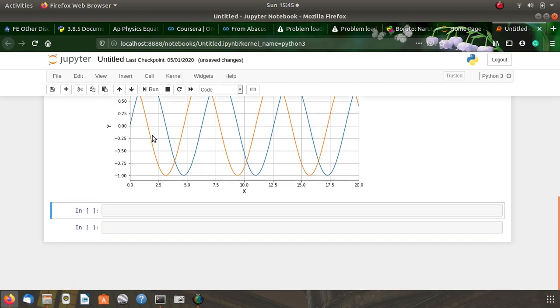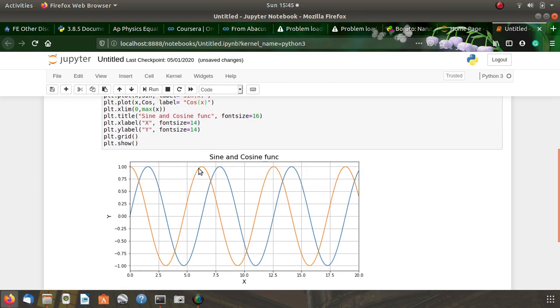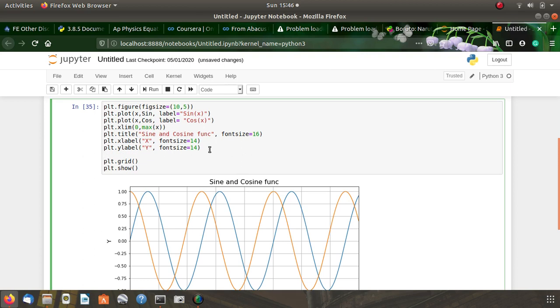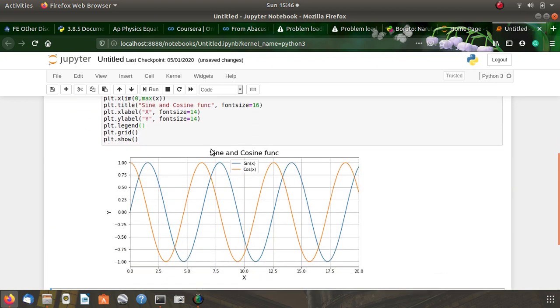Now when we run, oh, it doesn't show. Even though we added the label, it doesn't show, which means it's missing something. Yeah, and it's called legend. So we have to say plt.legend. It's gonna show all the stuff that we added. Done. As we see,